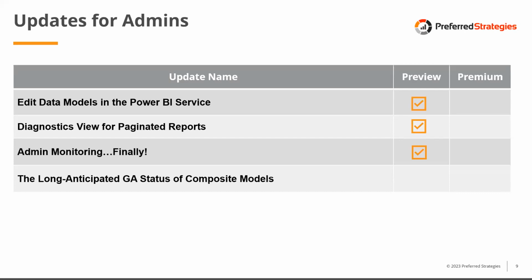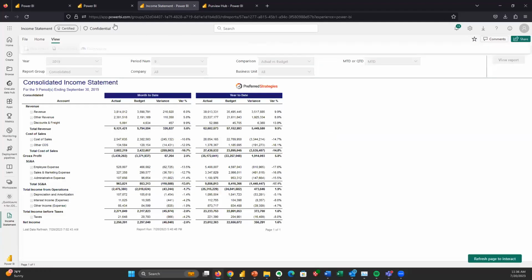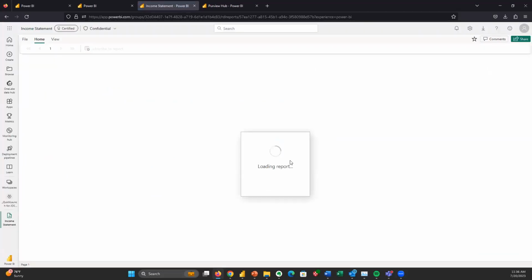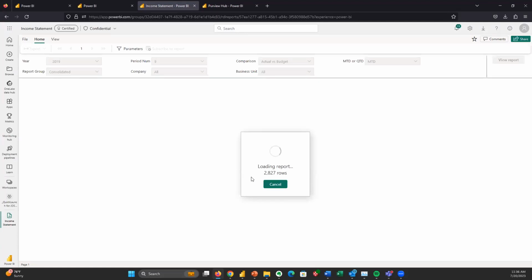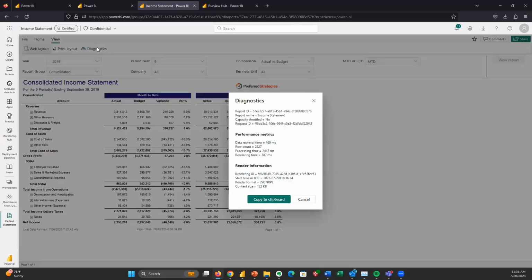new feature. In order to show you this, I'm going to come back to the Power BI service, and I'll come over here to the income statement tab. And I'm just going to refresh this, and you'll see that it's loading this paginated report, and it shows you the amount of rows it takes, but it doesn't show you other performance metrics until now. And so I can come in here to the view option and come to diagnostics, and now